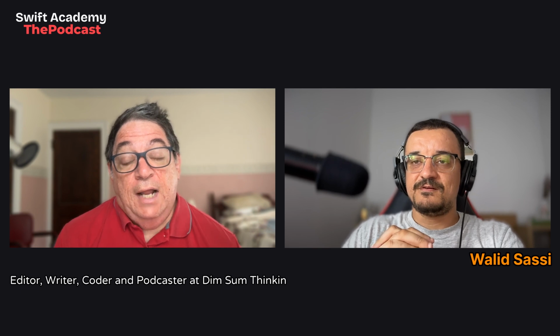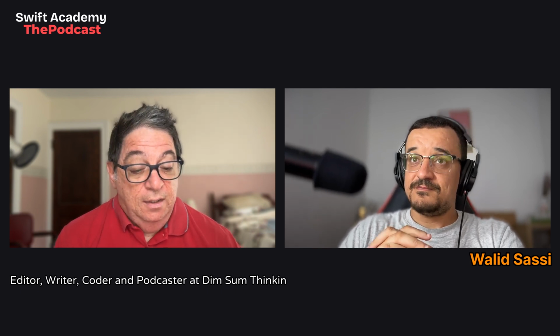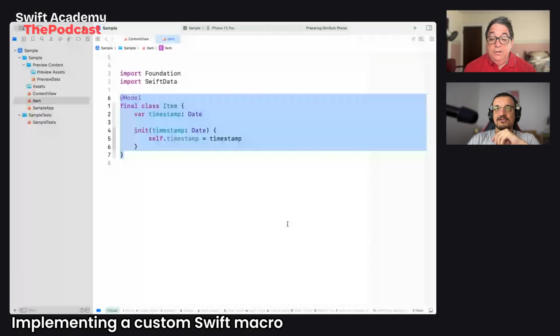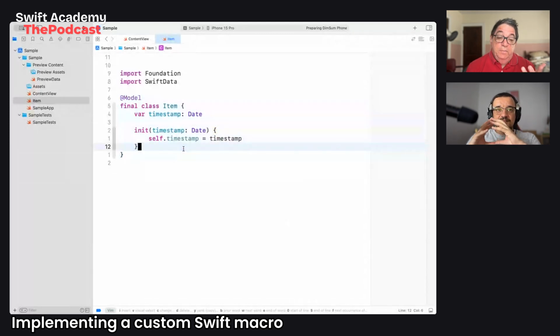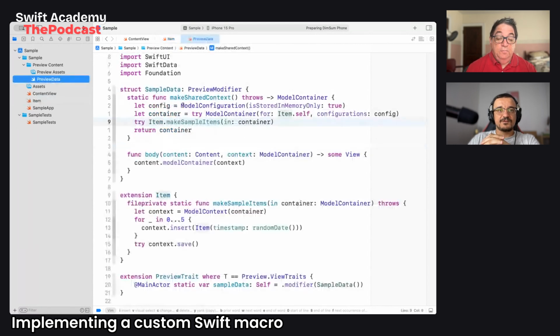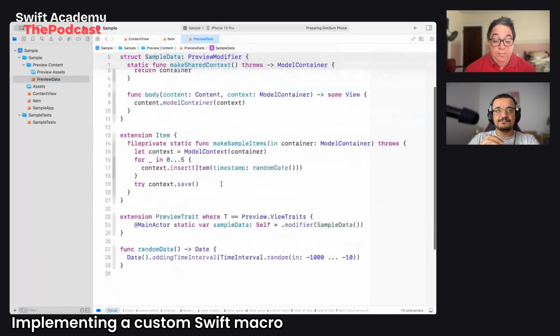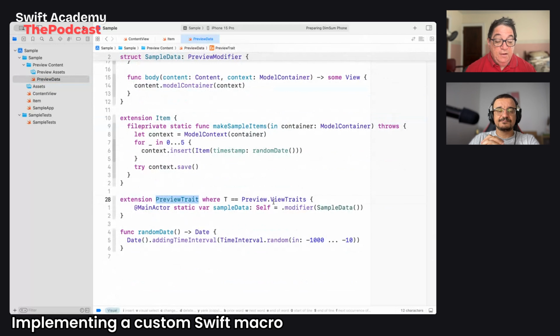that I came across recently, if you'd like. Okay. So going back to this code that was built on just the simple Swift Data template. One thing Apple introduced this year in Swift Data was the ability to build preview data. Using what's called a preview modifier and a preview trait built on that preview modifier, you can now add sample code